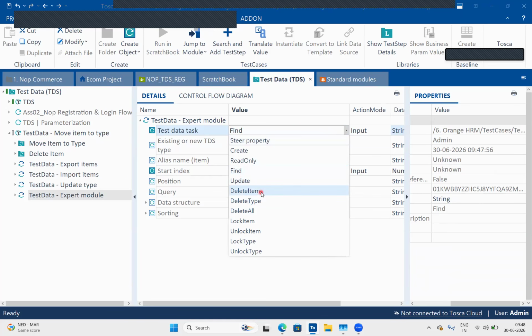Delete item means it deletes only a particular item. Delete type means the entire type is removed. Delete all means it keeps the structure and deletes the entire data. And lock item, unlock item, lock type, unlock type is nothing but, Team,